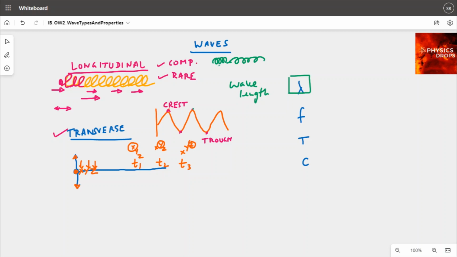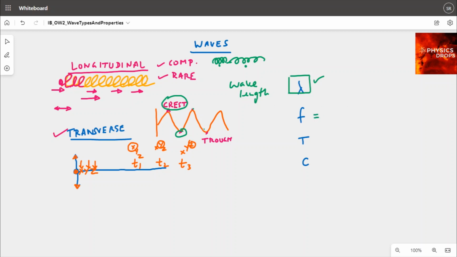when there is a compression, the center of compression corresponds to the crest. The center of rarefaction corresponds to the trough. So the distance between two centers of compression or two centers of rarefaction is the lambda for a longitudinal wave. Now, what is frequency? Frequency is,